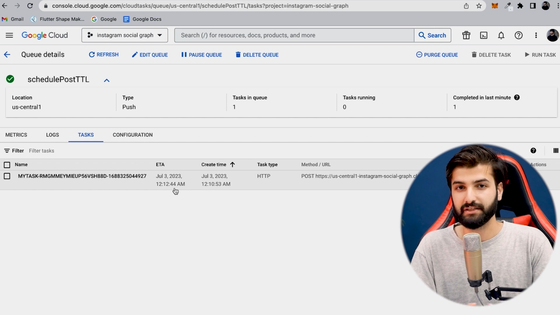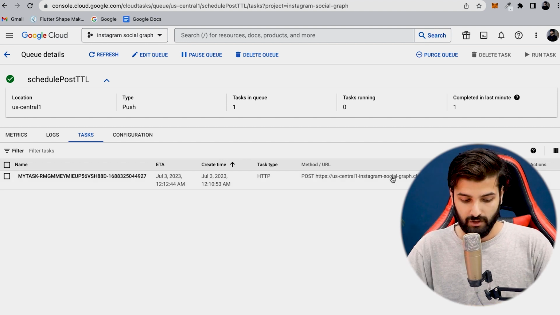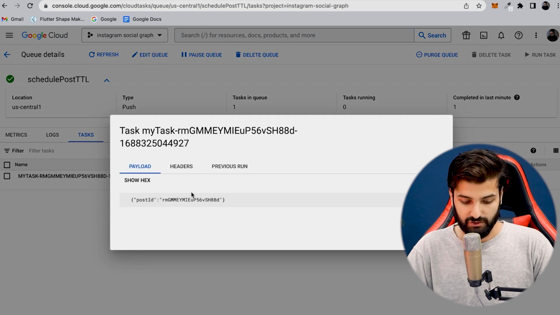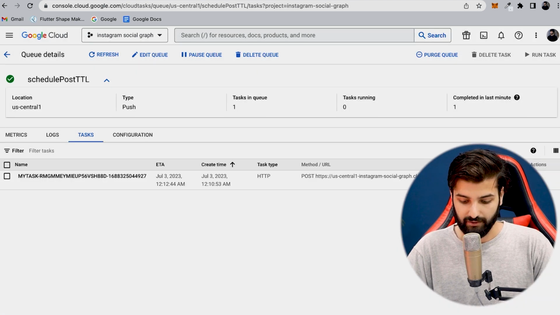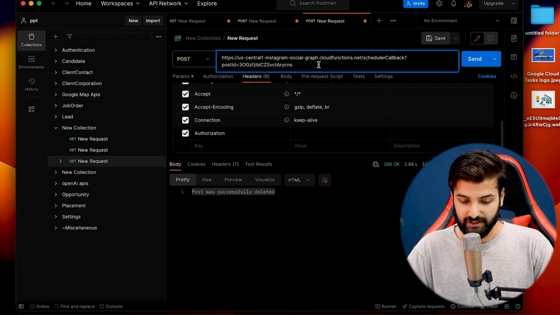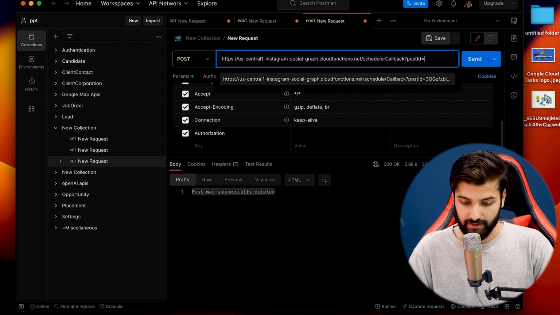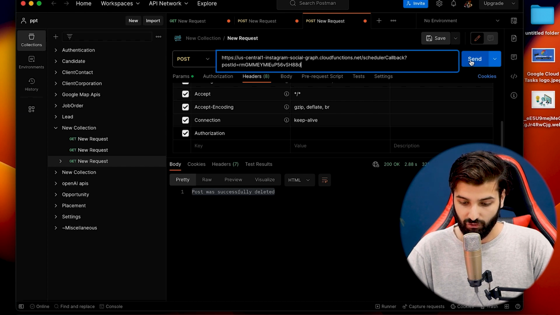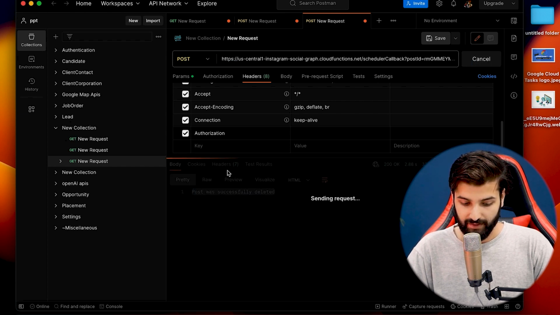But let's go and send a request on the scheduler callback HTTP post request to delete the post before its time has arrived, to test how this HTTP post request is not secured. So let's click this post and copy its post ID from here, and open up Postman, a simple API tester, and paste the scheduler callback URL in here. Your location will be in here, and your project name and the scheduler callback trigger name, and in the post ID simply paste the post ID in here. And let's go for sending the post request on this, and we got